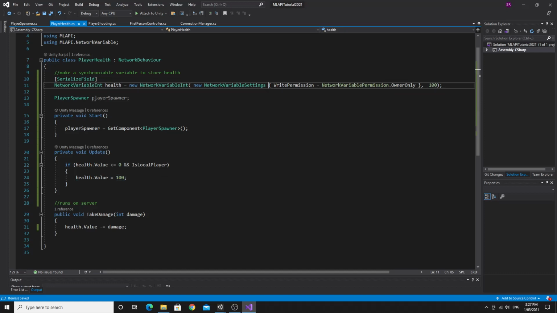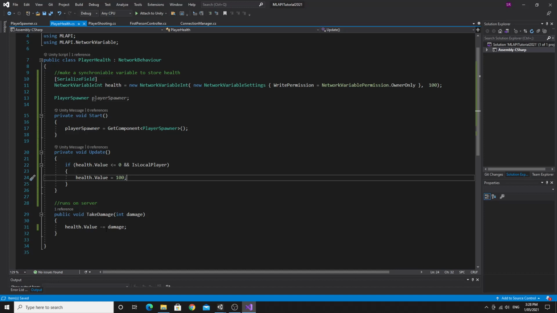It does look like a bit of a mouthful, but just get used to this, and you just have to look up the documentation a few times. The second parameter is how you set this. You can actually set this value as you initialize it as well, so you don't have to do that at network start or whatever. It looks like a bit of a mouthful, but it's the only way that we can really do this. So we can set this value back to